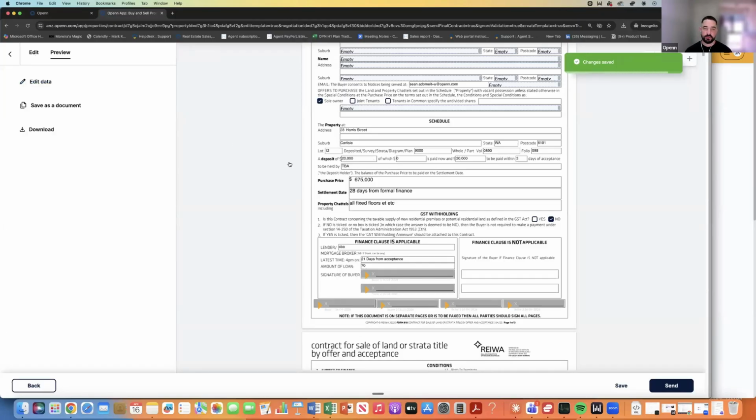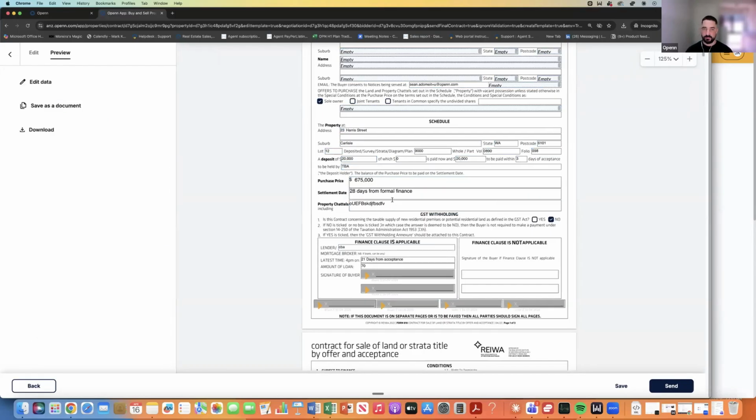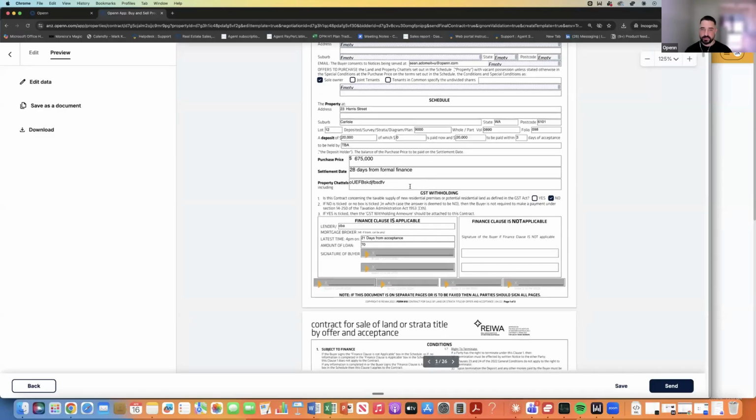The other avenue you have is you can just delete it, grab a text box, and just simply type in whatever you want. Okay, I'm going to go preview. So it's sort of much of a muchness, really. The benefit of adding it to the data is that it's going to always be against their profile, but really at this point, you're just looking for efficiency. So